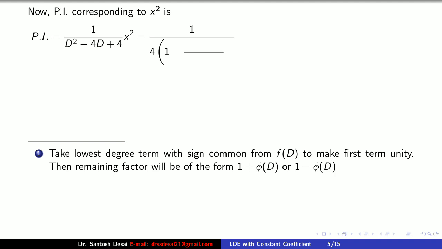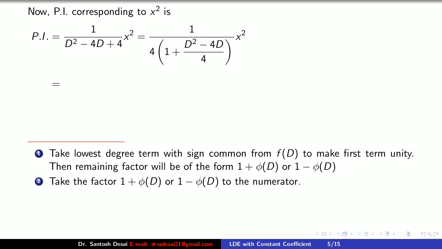Then write the remaining terms, that is D square minus 4D. To its denominator, write the number which is taken common, and the middle sign will be the sign of the number which is taken common. So it is plus, therefore the middle sign is plus, bracket complete, into x square. A very simple first step and very important also. Now we apply the second step. Take the factor (1 plus phi of D) or (1 minus phi of D) to the numerator. So here the bracketed term you have to take to the numerator. So we get 1 by 4 into bracket (1 plus (D square minus 4D) by 4) raised to minus 1